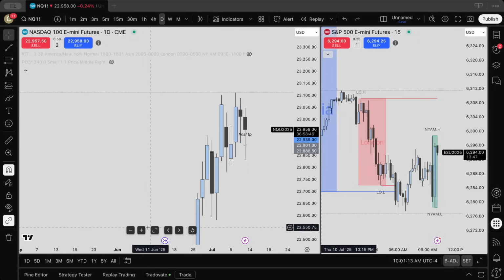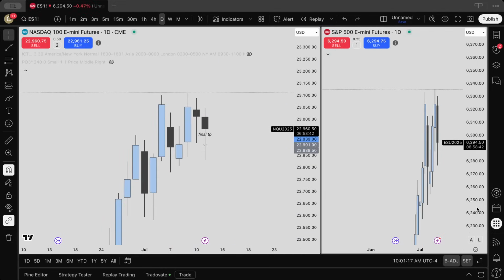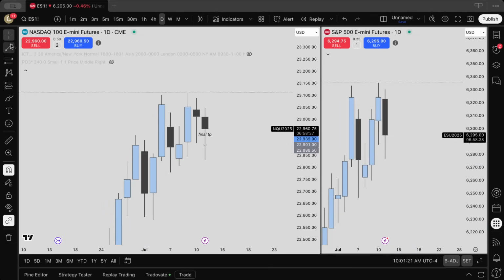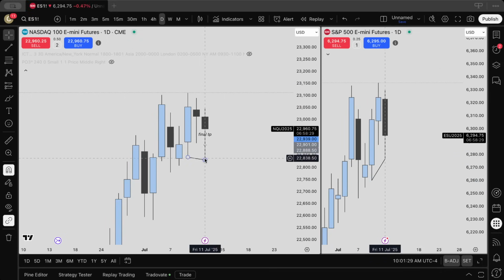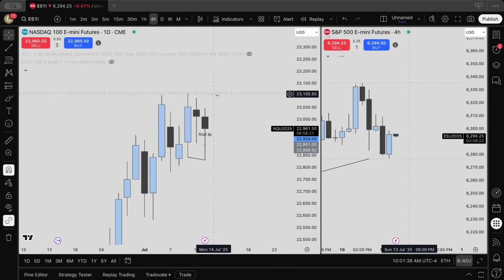Well, I obviously first look at the daily, and this is what I see. I see we have this bullish SMT right here. Huge bullish SMT, as you can see. The NASDAQ clearly swept this low, while ES did not even come close to sweeping that low. So that is some clear SMT. And then on the 4-hour time frame,